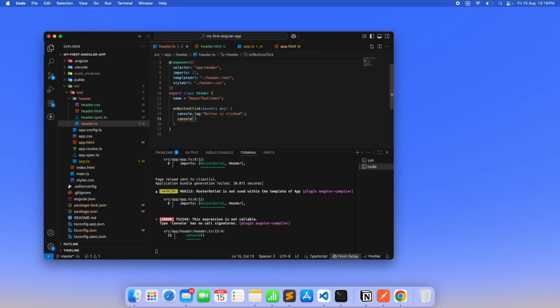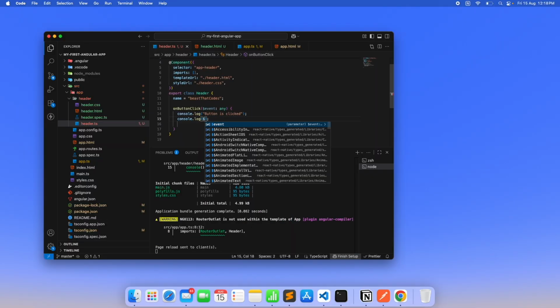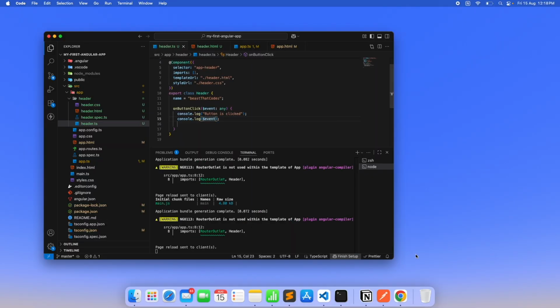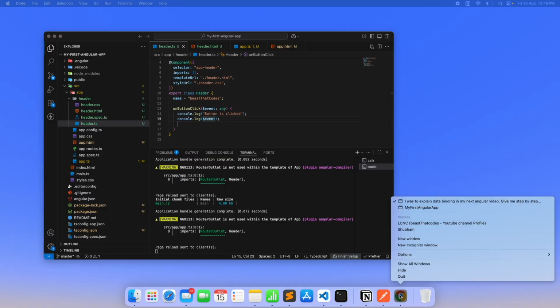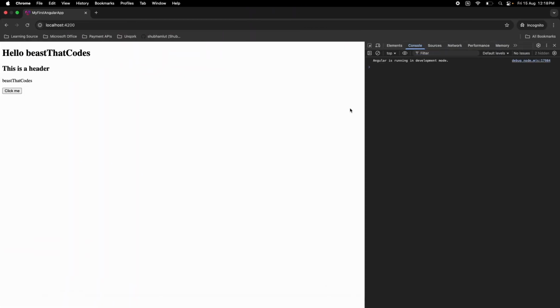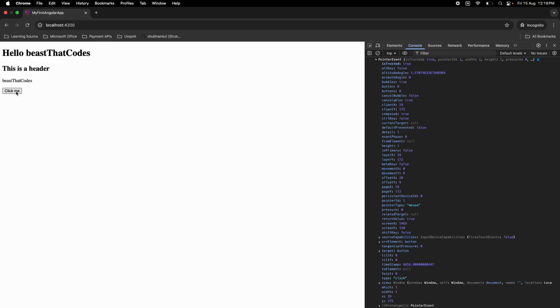So let me just put event here. Okay, let's quickly display it on our part, how it looks. If I click on this, you can see whatever the event that we had done. We passed that entire event object to the component, which means the .ts file, and here we can see